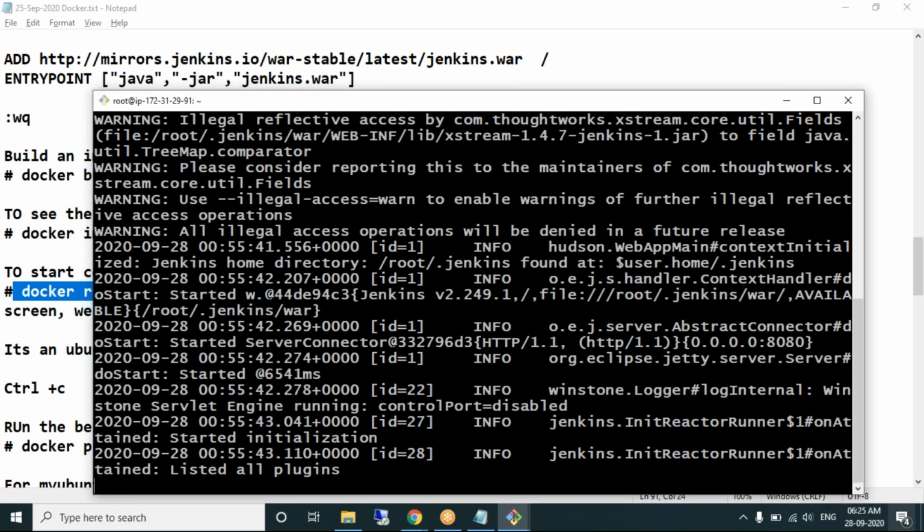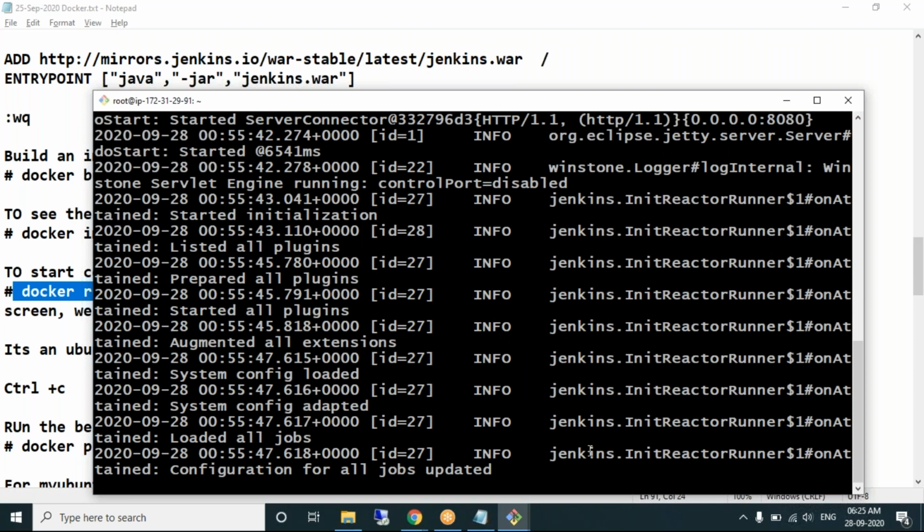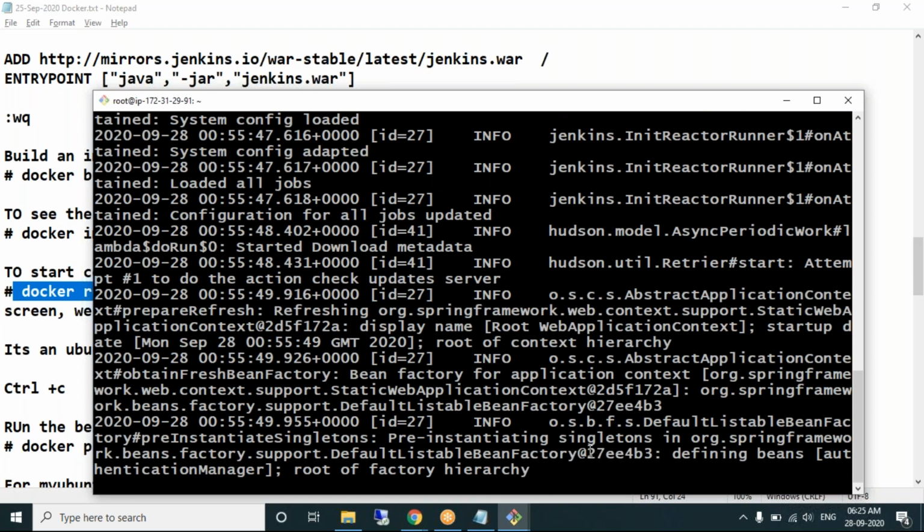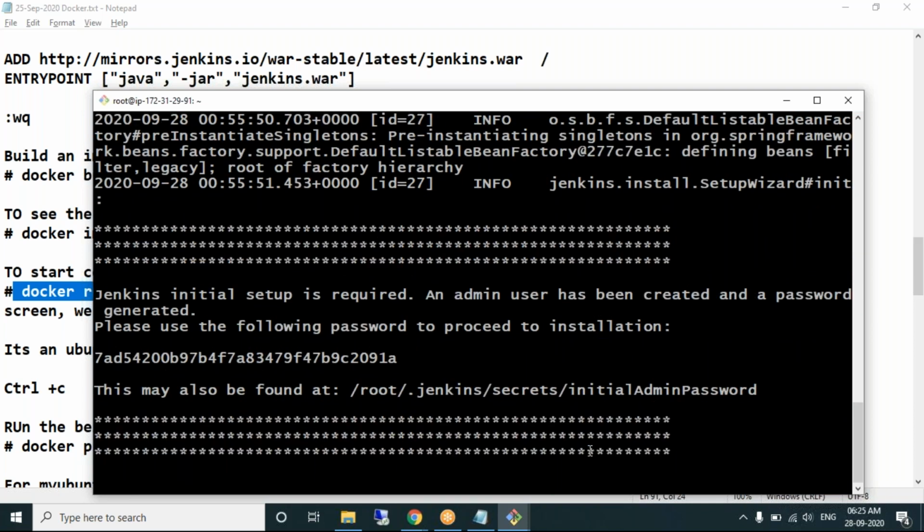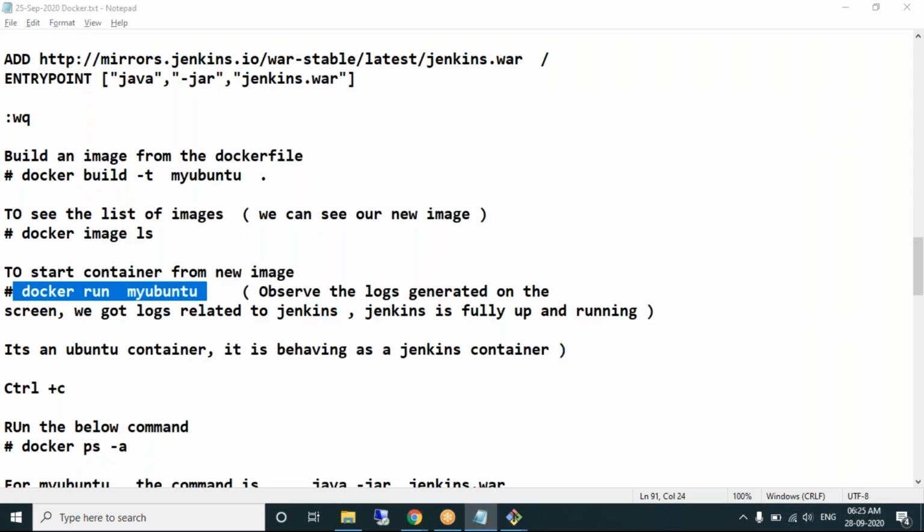See what you're getting? You're getting the log messages of Jenkins. It's as if you're starting a Jenkins container, but you're not. You have started an Ubuntu container. Okay, got it.